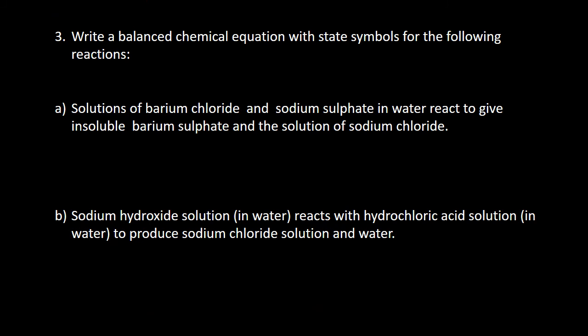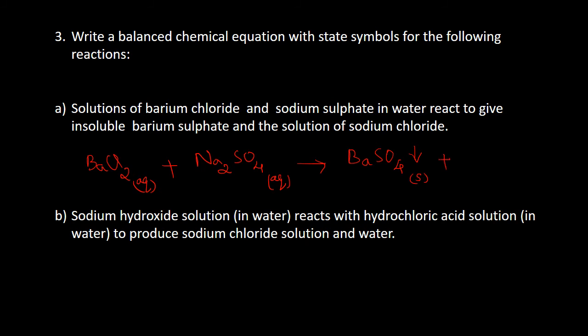Let us take the pen. So barium chloride equation is BaCl2 and it is an aqueous solution, combines with sodium sulfate. Chemical formula Na2SO4. It is again a solution. So they form insoluble barium sulfate, means it is a precipitate. What is the meaning of precipitate? It is an insoluble solid. So this is precipitate, okay, or else you can mention it as S, barium sulfate plus a sodium chloride.